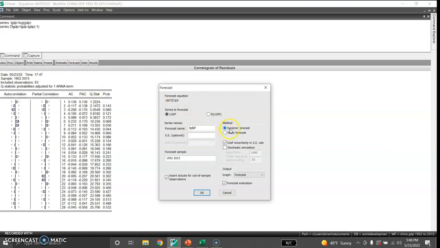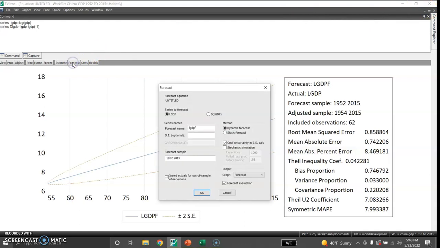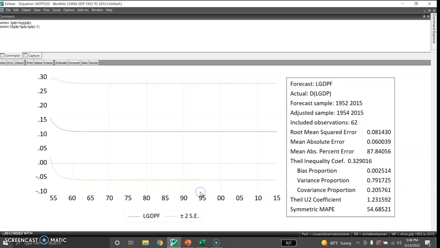First, I would like to show you the dynamic forecast for this model, and this is the dynamic forecast, and I will also show you the static forecast of this model. These are the dynamic forecast of the log of GDP in difference. This forecast is given by LGDPF as forecast, and these are the actual, and this green one is the forecasted value,